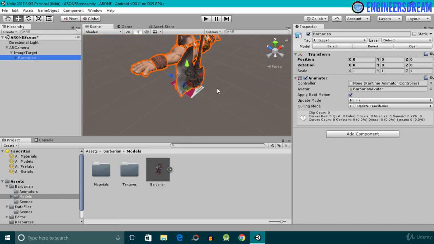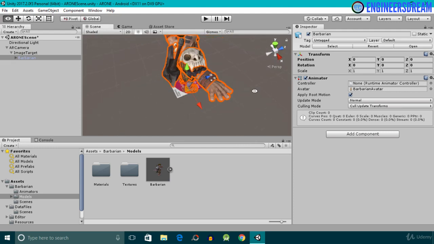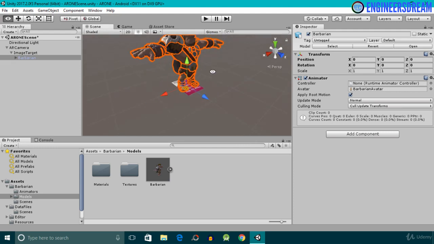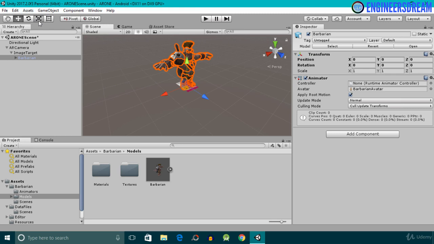As you can see, the scale of this Barbarian model is way too big when compared with the image target. So I'll select the 3D scale tool, select this middle cube and reduce the scale of the Barbarian model.